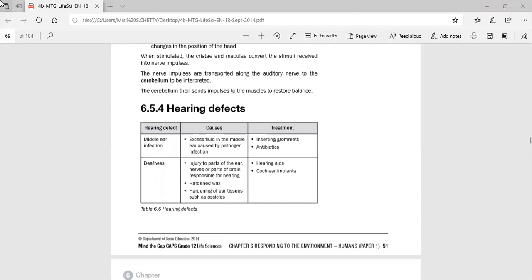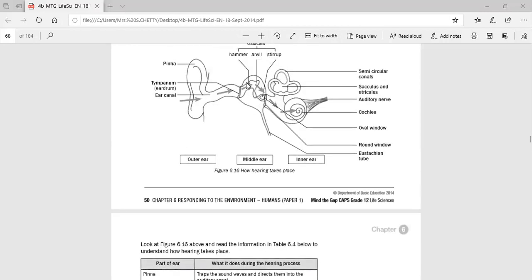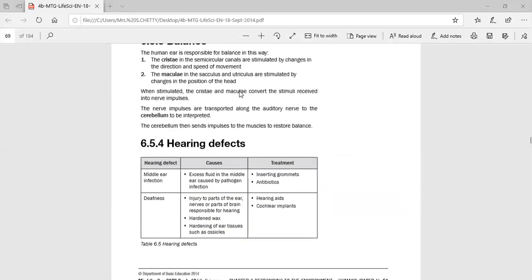section on nervous coordination, we're looking at hearing defects, and one of the major hearing defects is caused by a middle ear infection, where when you have a cold, you find that the mucus actually comes up your eustachian tube, and there we go, it comes up here and fills up this entire middle ear. And when it does, it exerts a lot of pressure on the tympanic membrane, causing a lot of pain. So how then do they rectify it? Normally they take antibiotics, etc. But if the antibiotics do not work,